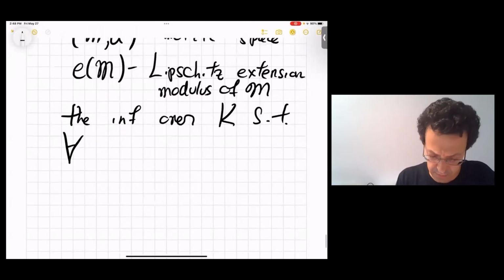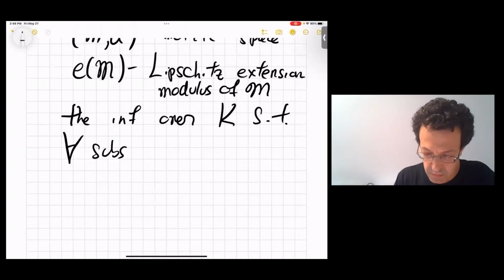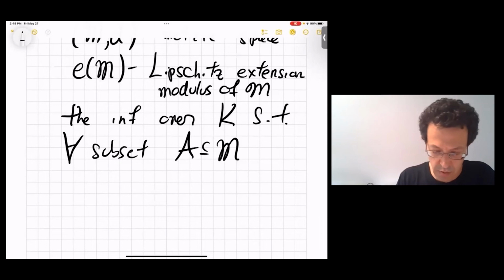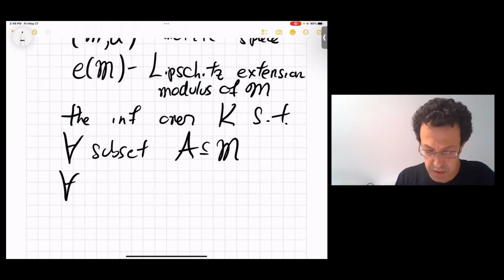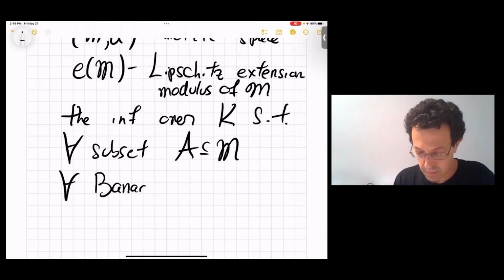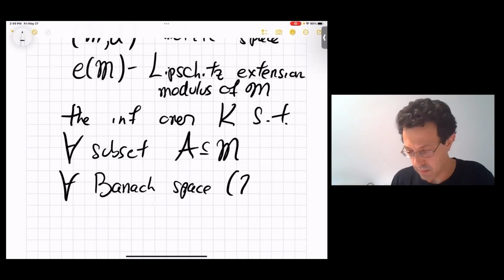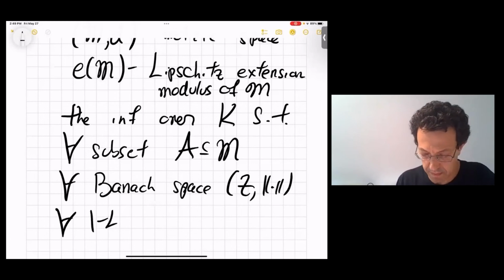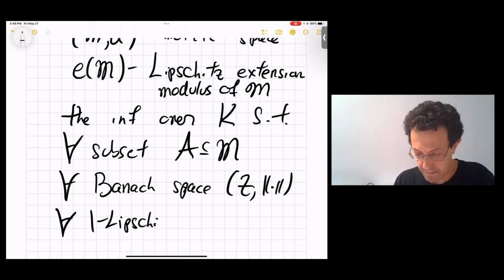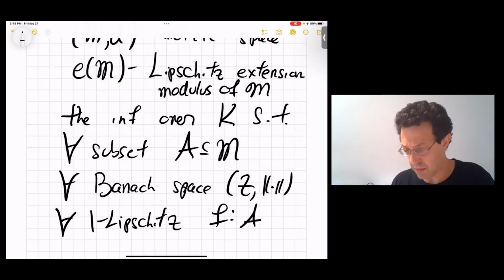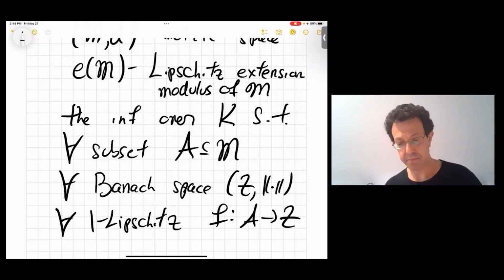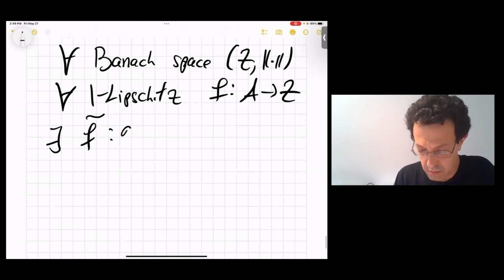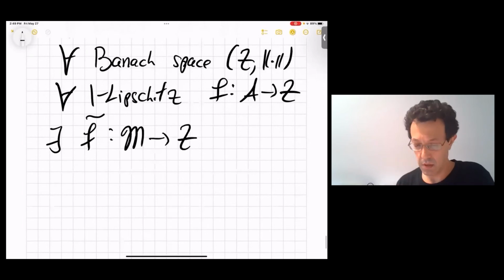So for every subset A of M, for every Banach space Z, for every one Lipschitz function defining the subset, going into Z, there exists F tilde defined on all of M, going into the same Z,